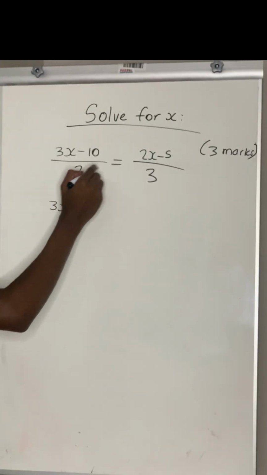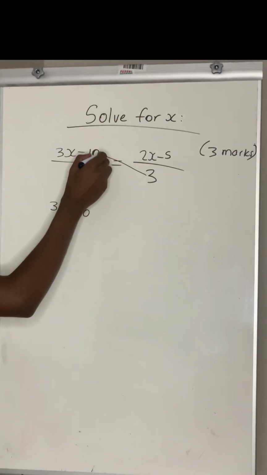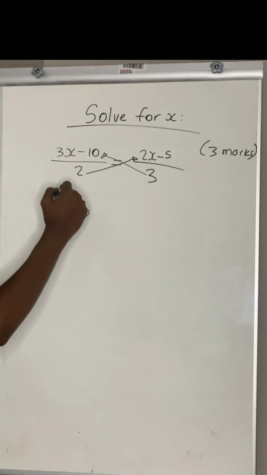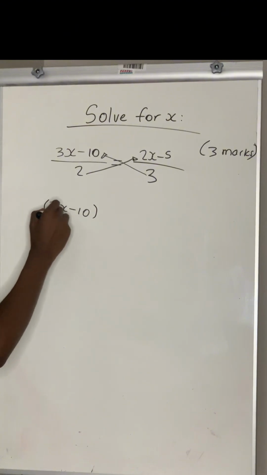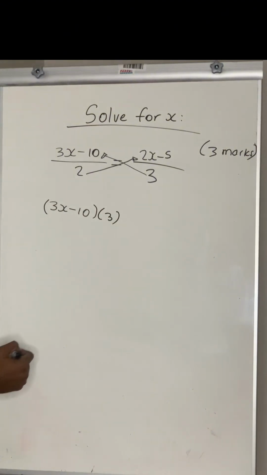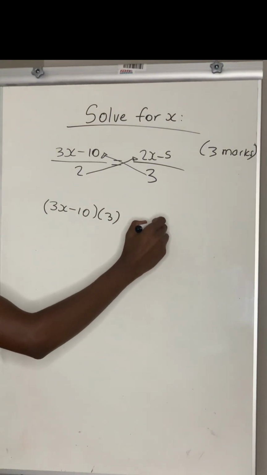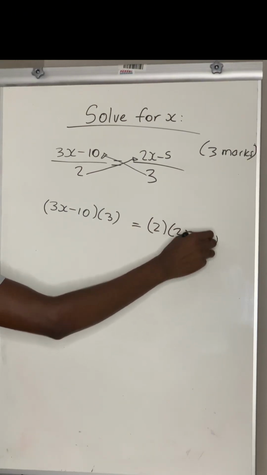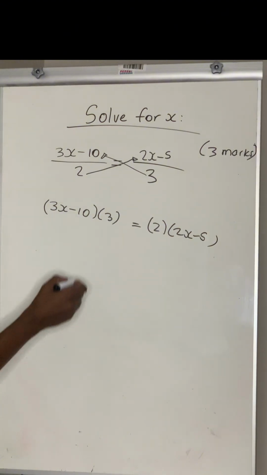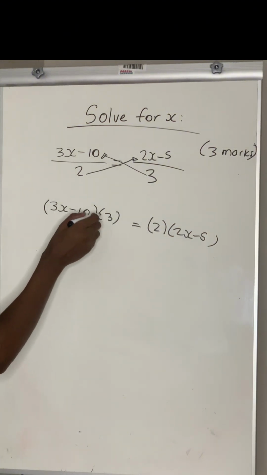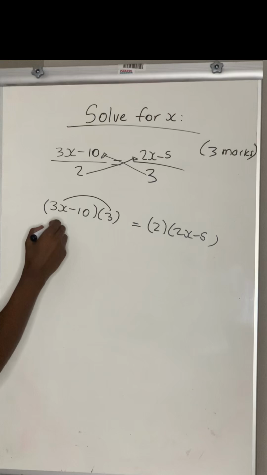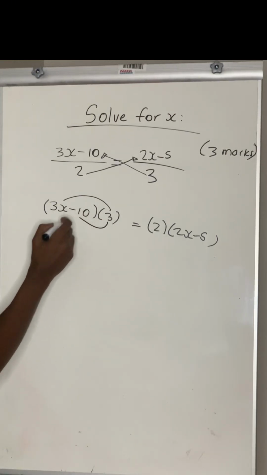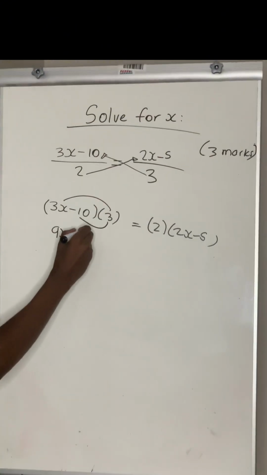So it's going to be 3x minus 10. We are going to cross multiply. So it's 3 times (3x − 10) and 2 times (2x − 5). So 3x minus 10, multiplied by 3, is equal to 2 multiplied by (2x − 5). Then you multiply this 3 with each term in the bracket, so 3 times 3x is 9x, 3 times negative 10 is negative 30,